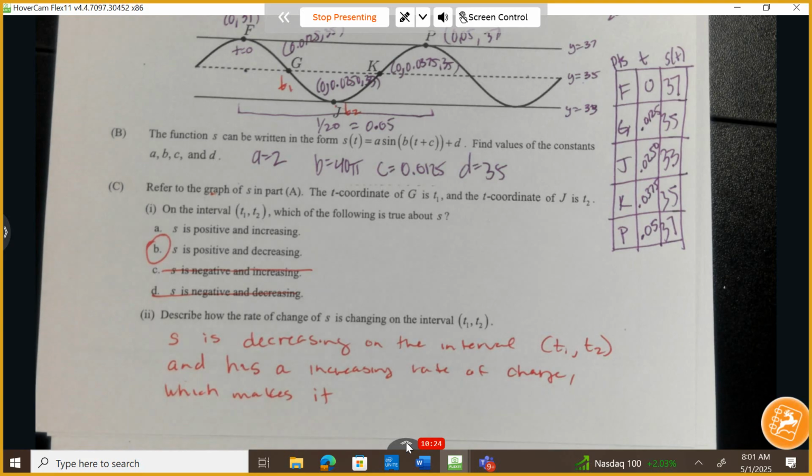What's the concavity? Concave up. Good. Concave